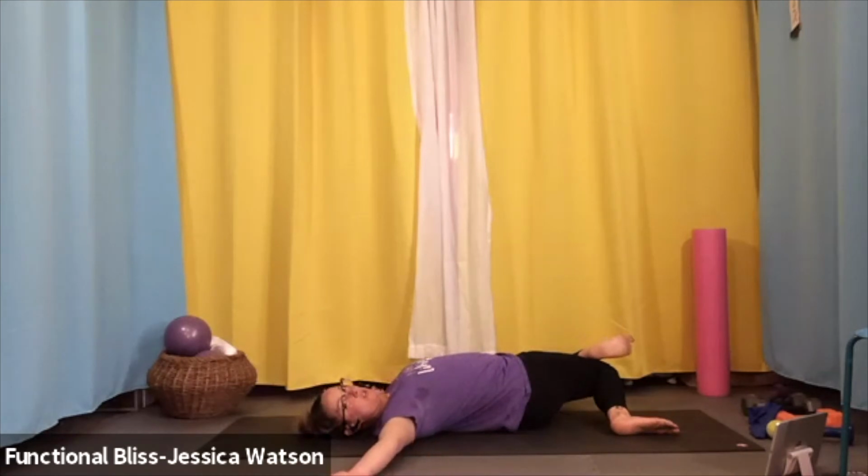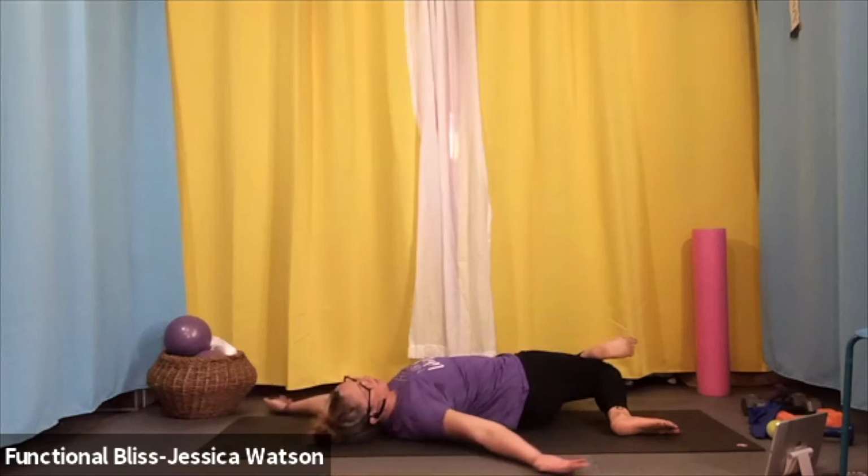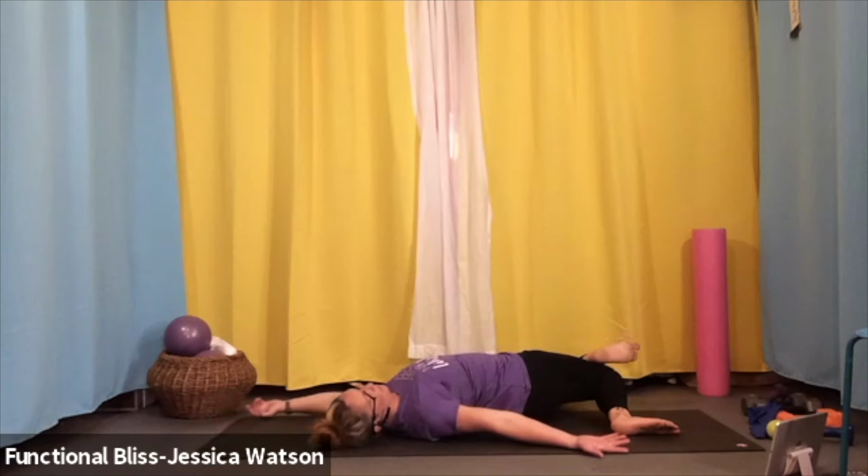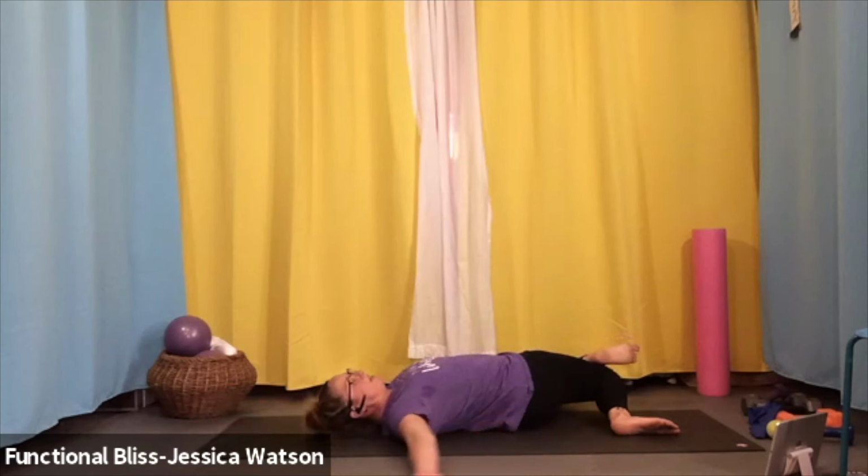And then if it feels good, arms out at a T, and we add a side bend. So we're going to take the right hand towards the right foot as the left hand reaches up towards the top edge of your mat. Beautiful. And then when you're ready, releasing that side bend, arms come back out at a T,